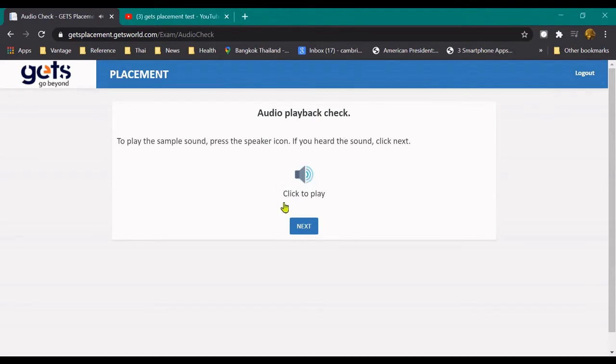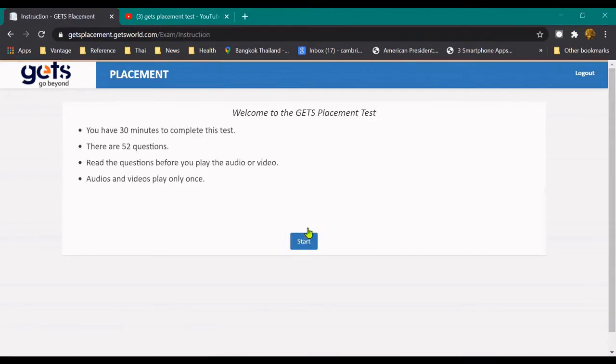คราวนี้ได้ยินเสียงแล้วใช่ไหมครับ ก็ไปต่อได้ next. So this is the front page, see that you have 30 minutes to complete the test, 52 questions total. Right, read the questions before you play the audio or the video, and video plays only once ครับ ก็คือมี 30 นาที 52 คำถามนะครับ เราก็แนะนำให้อ่านคำถามดีๆ ก่อนที่จะกดปุ่ม play audio หรือ video นะครับ เพราะว่าคุณจะมีโอกาสฟังแค่ 1 ครั้ง จากนั้นกด start